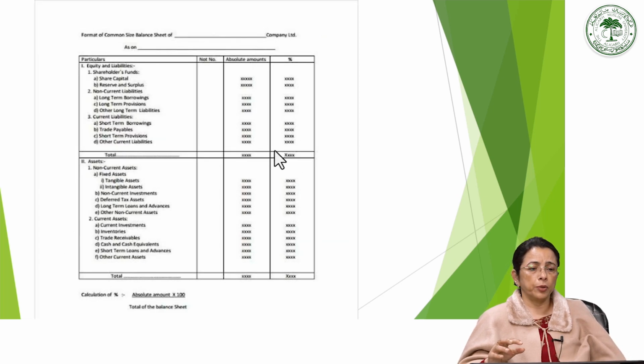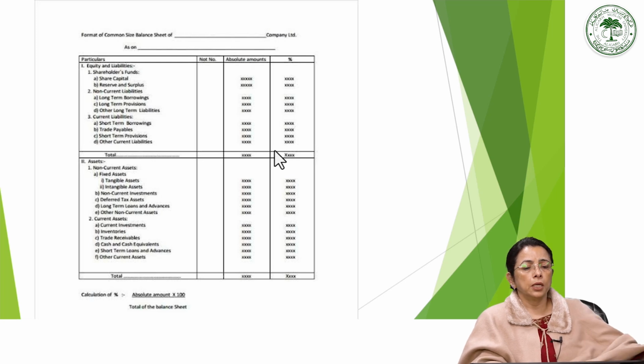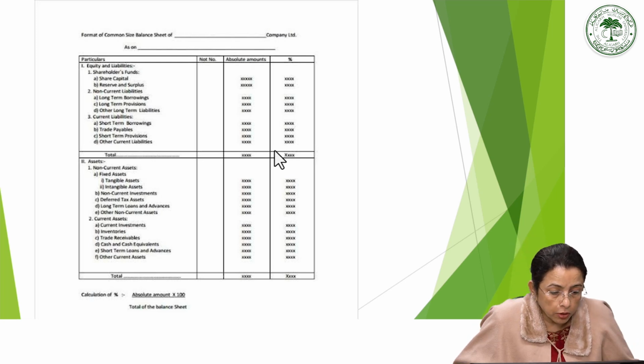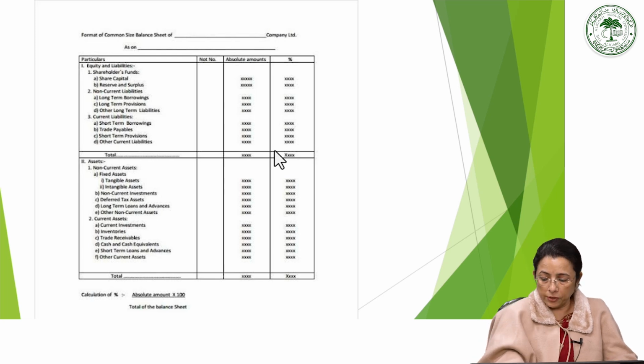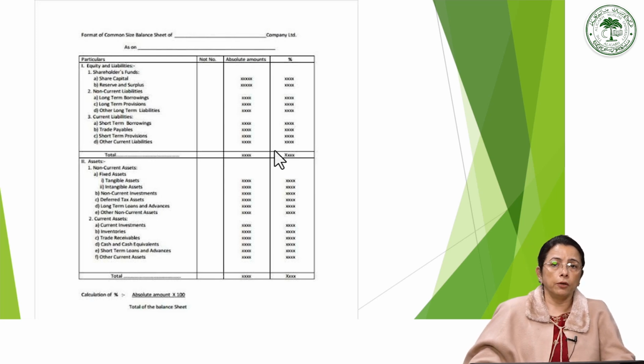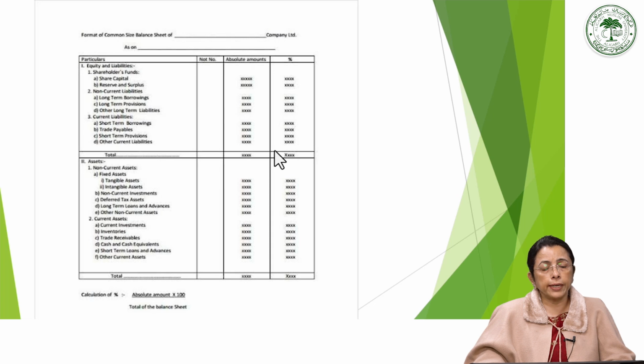Let us see a sample of this balance sheet here. So what do we find here on the balance sheet? It is called the format of a common size balance sheet. It's not a horizontal balance sheet. On a horizontal balance sheet, we have on the left side the share capital, equity as well as the liabilities, and on the right side we have the assets. Whereas here it is more of a vertical balance sheet, because here we start with the first box, the top box, which includes the shareholders' equity as well as the liabilities.